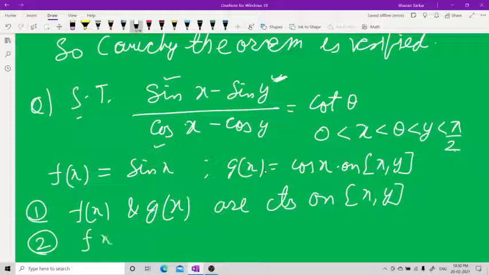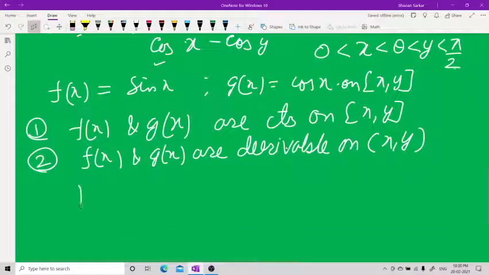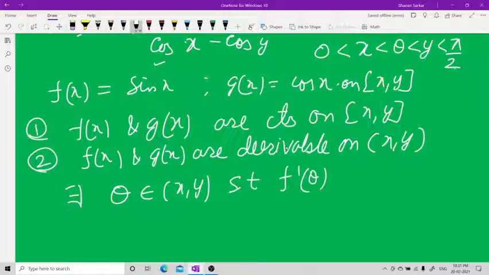Second, f(x) and g(x) are derivable on x comma y. There exists a theta. Don't confuse this theta, do not take it like this. Do not confuse this theta to belong to 0 to 1. No, this theta is not that one. This theta is just a normal theta, belonging to x comma y, such that f'(theta) is equal to